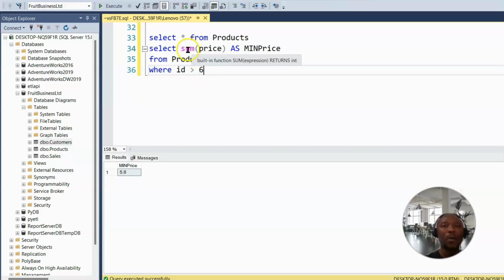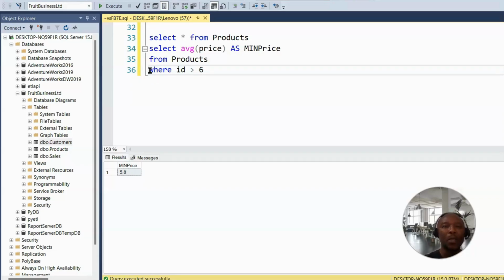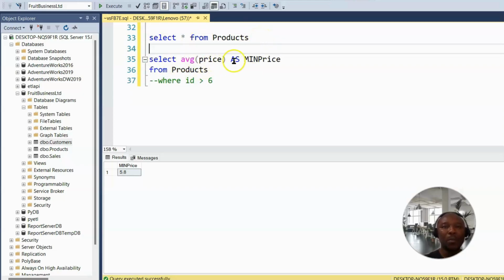Okay, we've tried min, max. Now we can also do the same thing for average. AVG gets the average value for price. Just in case I want to take this off, instead of deleting it from here, I just want to make this line inactive, I can comment it by using the dash character. So this changed to green, which means this line of code will be ineffective when I run the entire code. So I'm going to get the average price